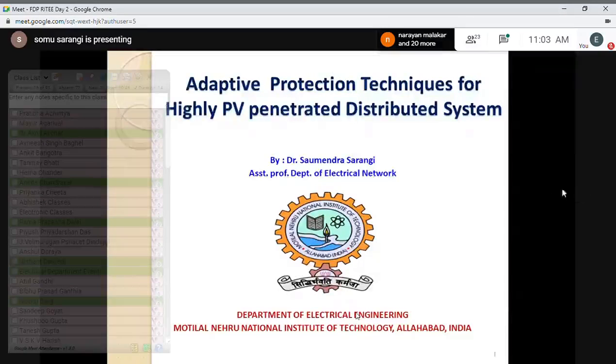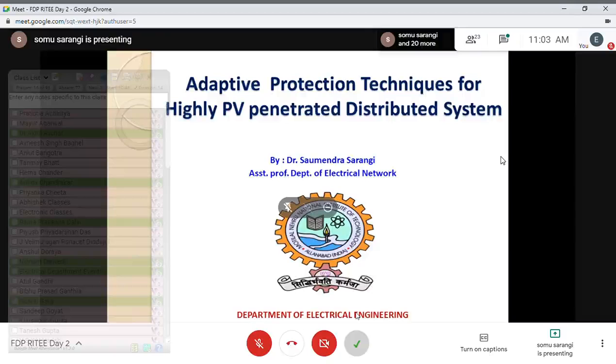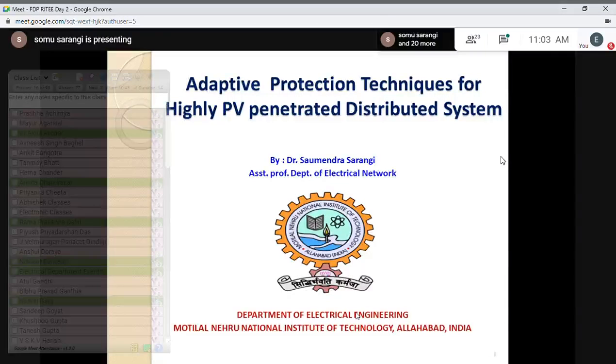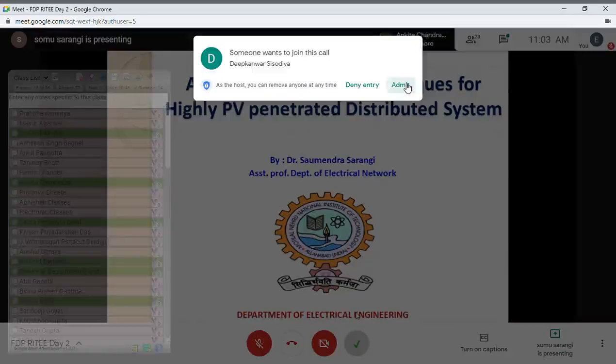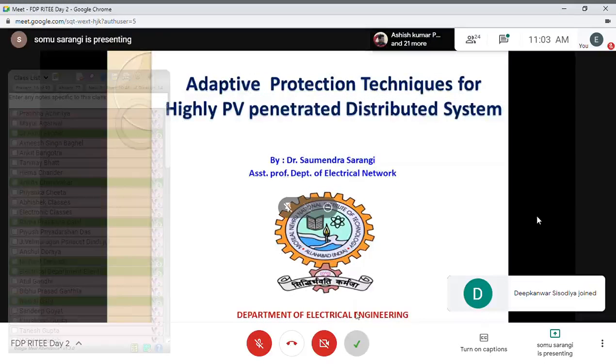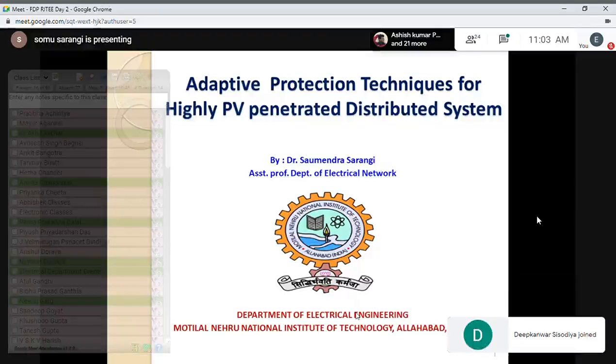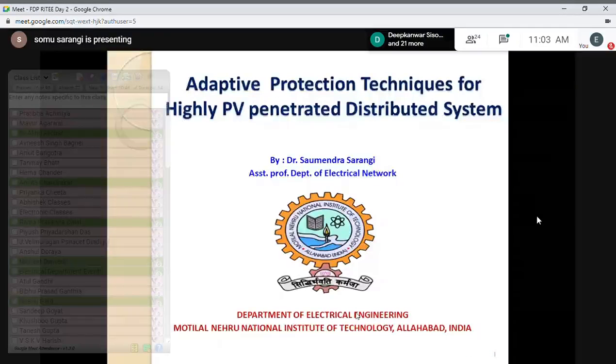The topic I am going to cover is an adaptive protection technique for highly PV penetrated distribution system. As you know, our power system is changing, and we have been discussing for a long duration that renewables are coming into our power system. Presently we have observed that renewables are introduced in our distribution system, which makes our distribution system